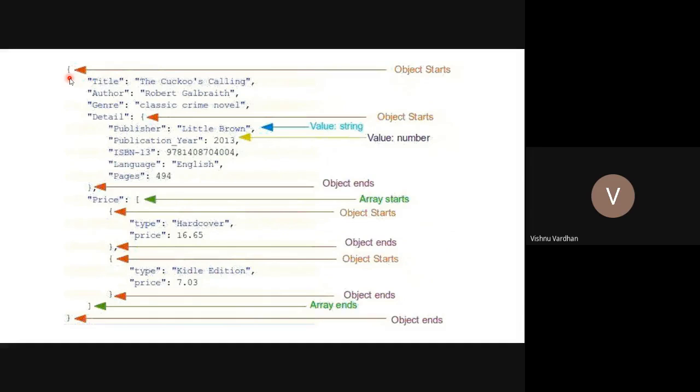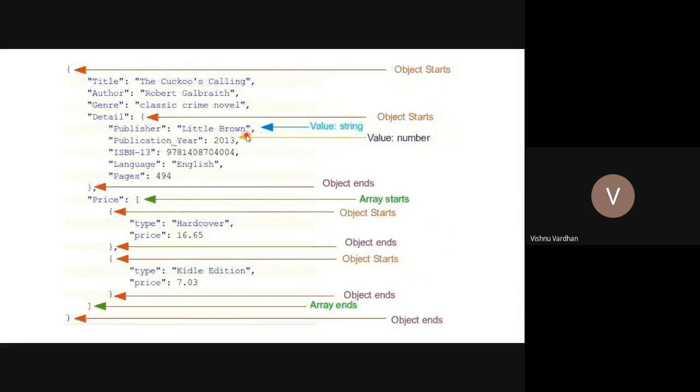Now the browser parser will see the inner elements, like this name-value pair. There is a title, and this title is a name, and it has some value attached to it. Similarly, author has some value, genre has some value. Detail is an inner object; this is a property, we can also call them properties. For this property, one inside object is also getting started. This is a nested array actually. If you see this as an array, the detail has a nested array. So again, the innermost object is getting started here.